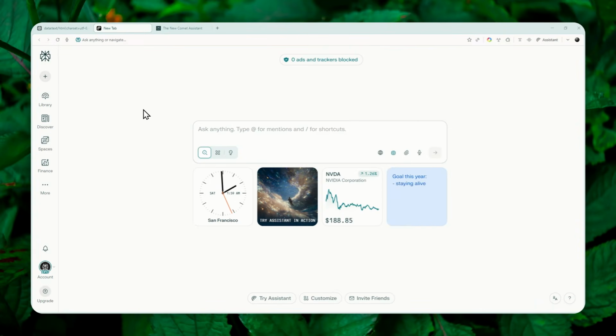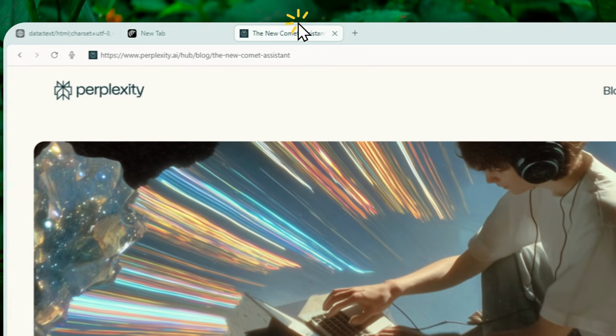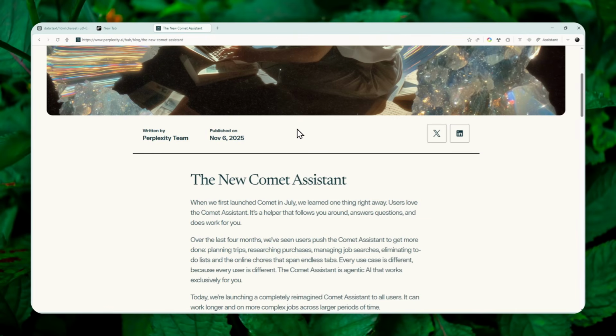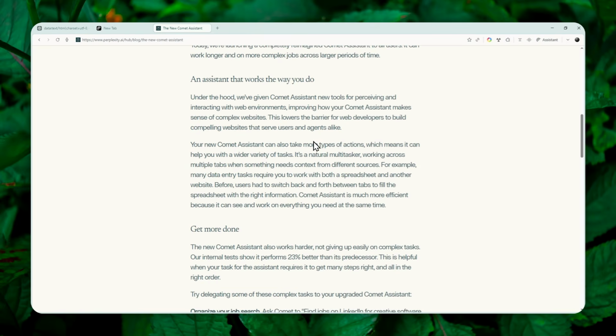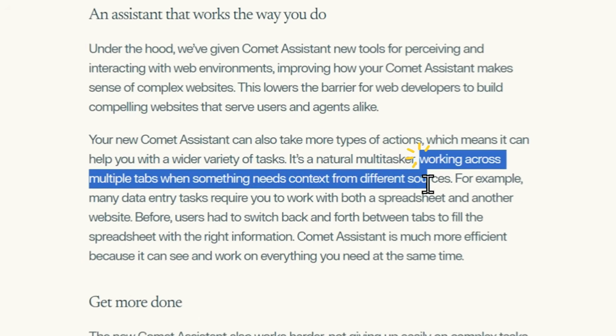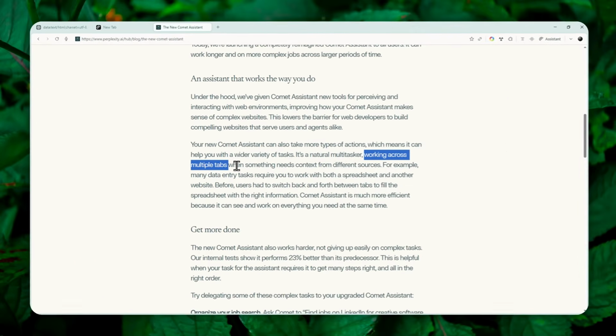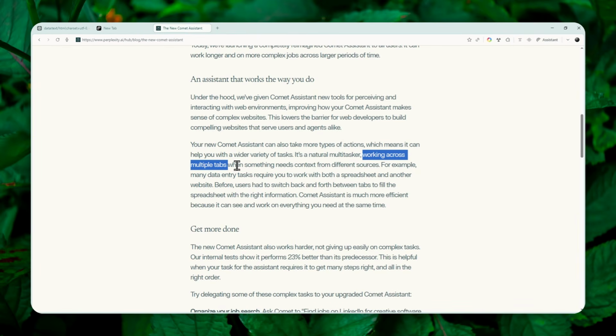Okay, so the Comet browser from Perplexity just released a new update that I think not many people know about. Essentially, with this new update, the browser is now able to see content on multiple different tabs. This is actually quite a game changer, because that means the AI agent can see the content or understand the information on multiple different tabs, and therefore it can save some time and it can finish the whole task